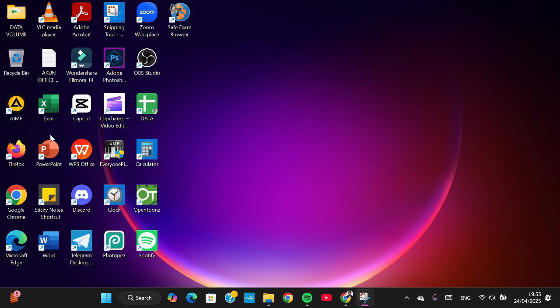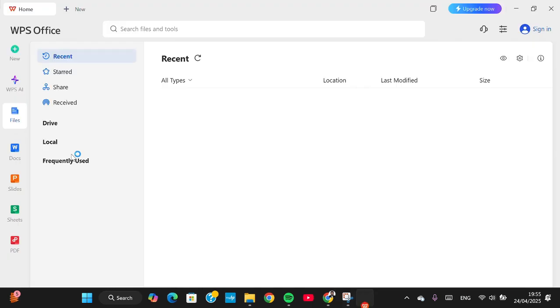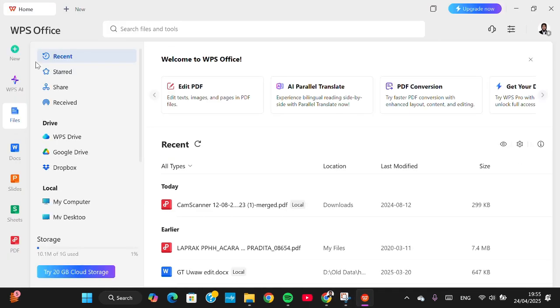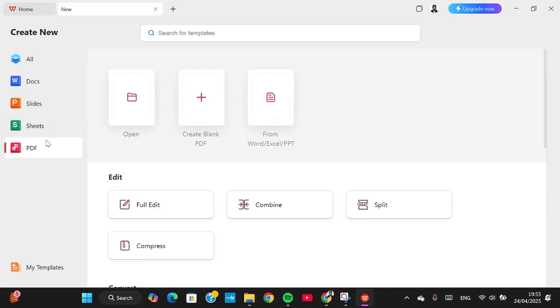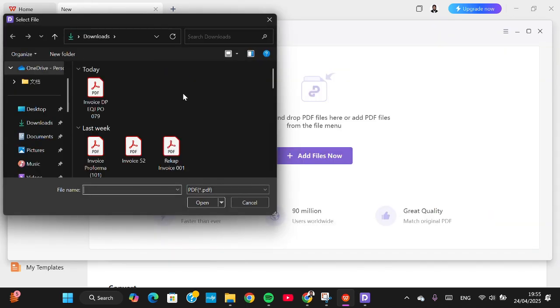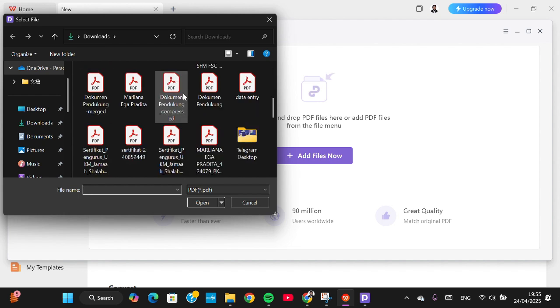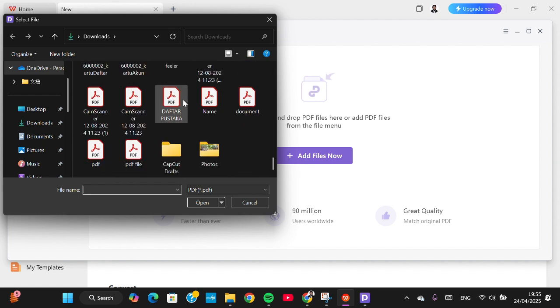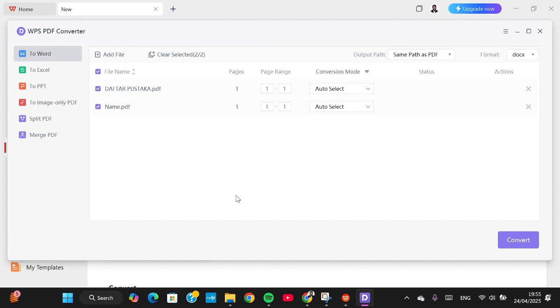First of all, I'm going to open up my WPS Office application on my computer and I'm going to tap on new and then select PDF. And here we can choose either we want to combine or split, and let me choose this one. Okay, and you can choose the PDF files you want to combine. I'm just going to pick random files from my device and we can click on open